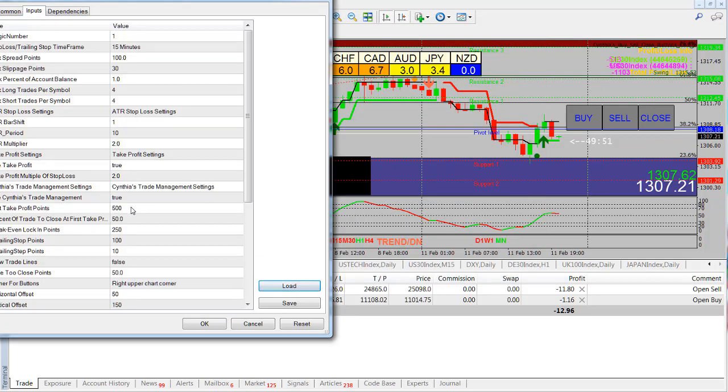First take profit is 50 pips, which is pretty aggressive. It could or could not move 50 pips, but if it reaches 50 pips, it's going to lock in half your trade and then move your stop loss to a gain of 25 pips, and then it'll trail by 10 pips. So this is an aggressive gold setting. However, sometimes it really can move 50 pips. So you can change this. If you've analyzed your chart and you've decided that a 50 pip move is too aggressive, just change this to